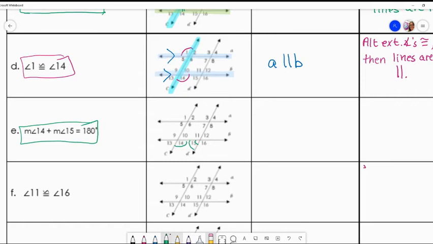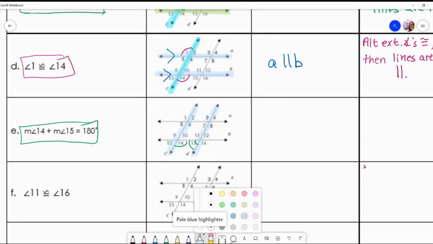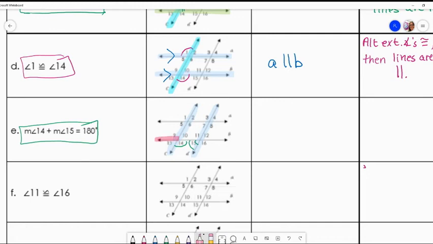Sometimes I can tell right away what the relationship is, and sometimes I need to actually find my lines or highlight my lines there to kind of help me with that. So on this one, I see that they're formed by this line and this line. And where's the transversal? This is the transversal that cuts across those two lines that helps form those angles, okay? So if I look at those parallel lines, what's the relationship with angle 14 and angle 15? They're on the same side of the transversal, and they're both interior between the parallel lines. So that's